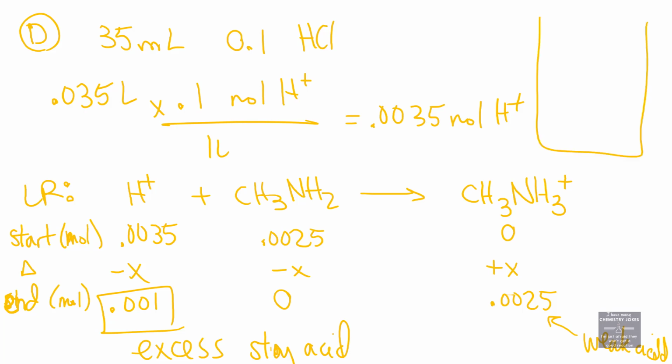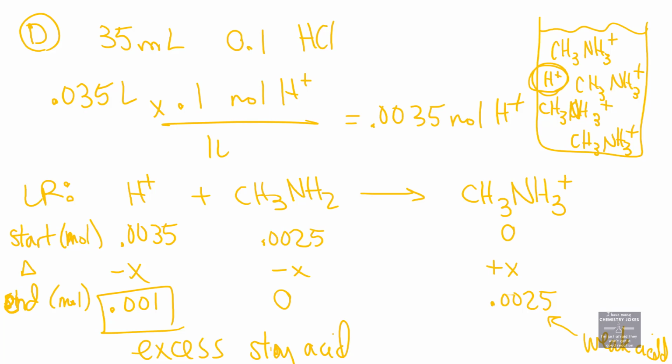My beaker would have the same 4 molecules, because we haven't started reacting them away, the same 4 molecules of CH3NH3+, but this time NH3. This time we have to add an extra, at least one extra, H+, because we've started to accumulate excess strong